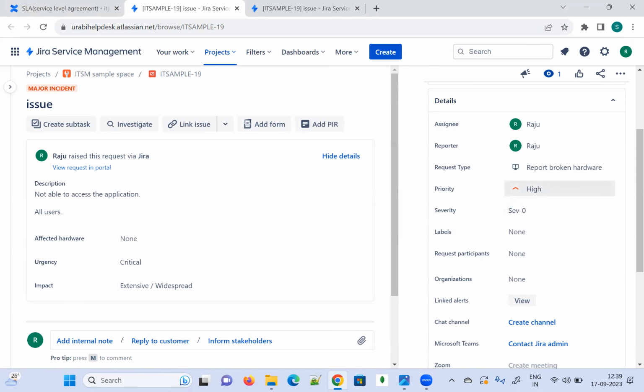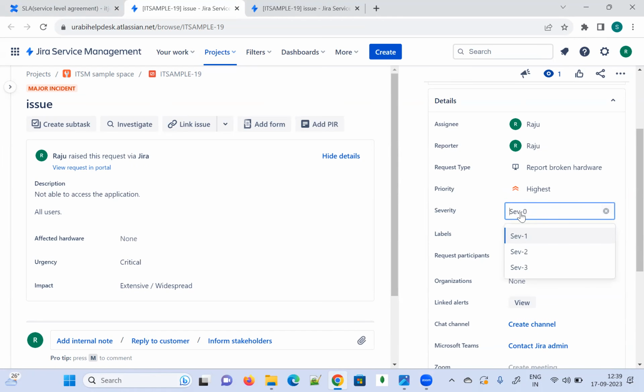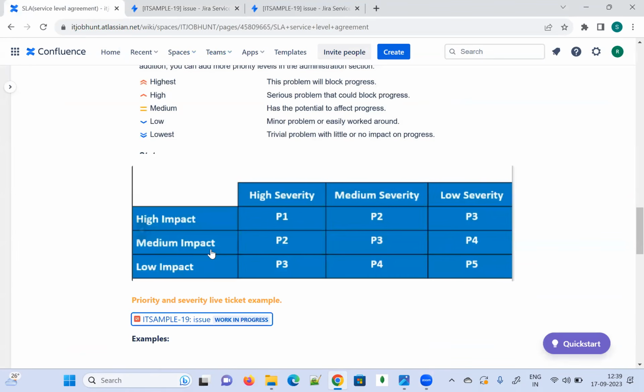Now, severity. In the severity field, you can see Sev 0, Sev 1, Sev 2, and Sev 3 tickets. We can choose based on our priority level. Based on what I showed you, you can choose, for example, P2.